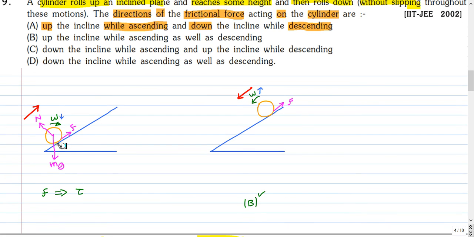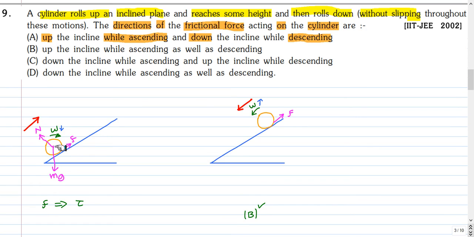So these are the forces acting on this cylinder: the weight, which is vertically downwards, and the normal reaction, and the friction force at the contact surface. So the torque on the cylinder about the center point, only the friction force will contribute the torque, as the normal reaction and the weight will pass through the center, and as the cylinder moves up, the angular velocity will keep decreasing. So the friction force should provide this retarding torque. So the direction of friction force should be upward the plane.